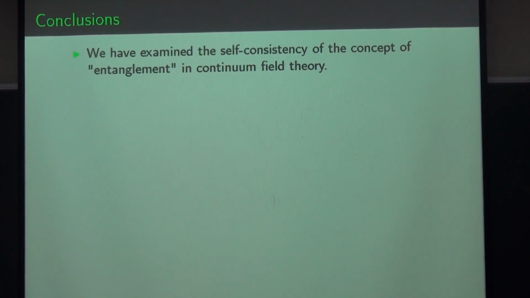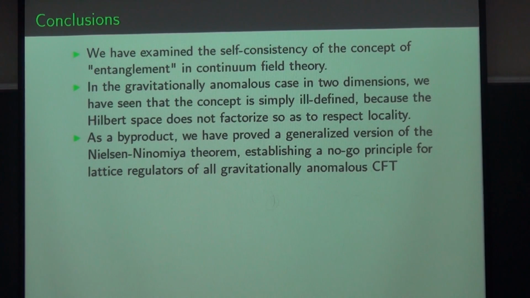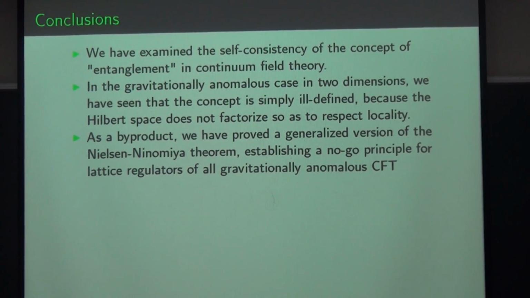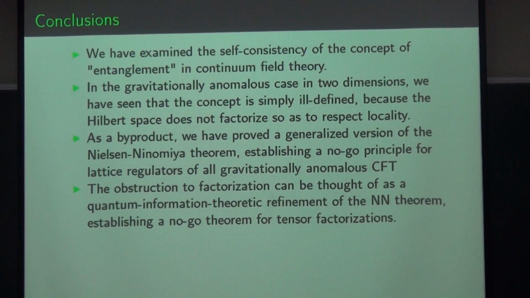So anyway, let me conclude by saying we've examined the self-consistency of the concept of quote-unquote entanglement in continuum field theory. In the gravitationally anomalous case in 2 dimensions, we've seen that the concept really is just ill-defined because the Hilbert space doesn't factorize in any way that respects locality, even at long distances. As a byproduct, we've proved a generalized version of the Nielsen-Ninomiya theorem, establishing a no-go principle for lattice regulators for any gravitationally anomalous CFT, be it strongly coupled or weakly